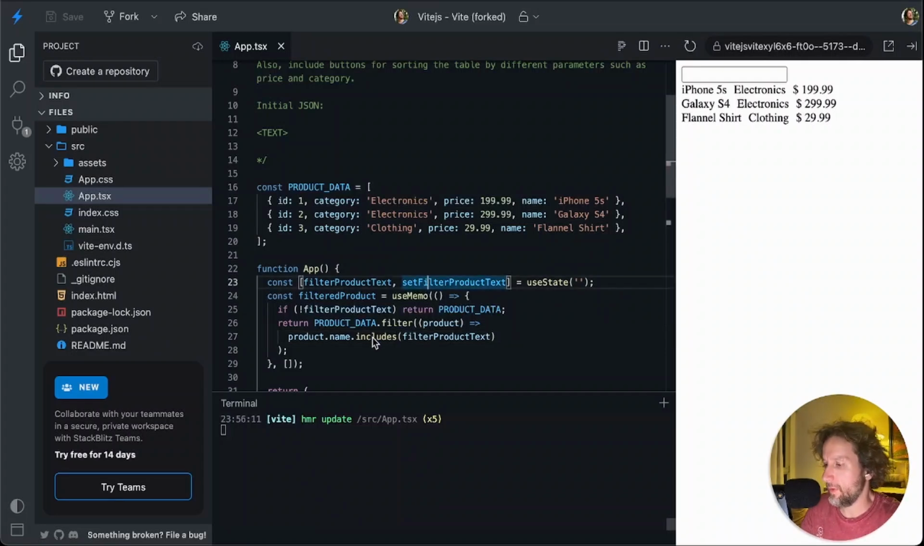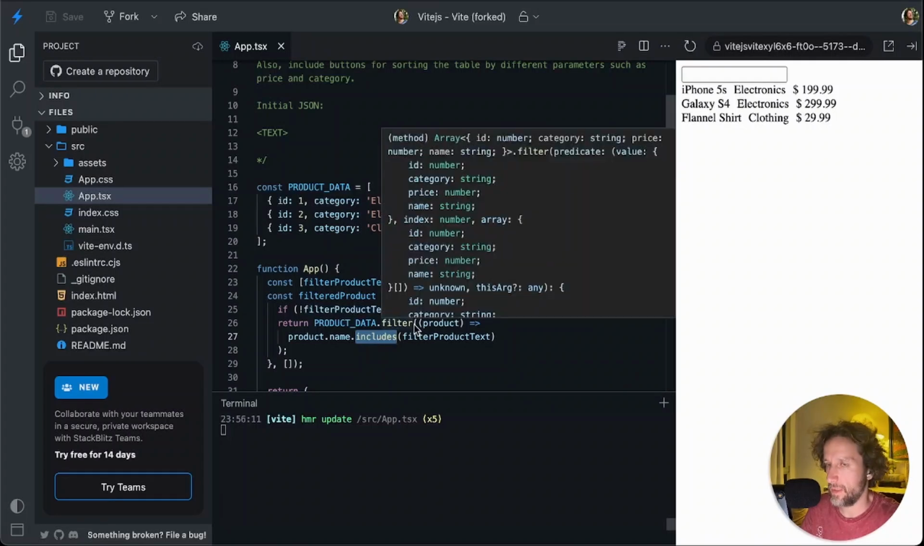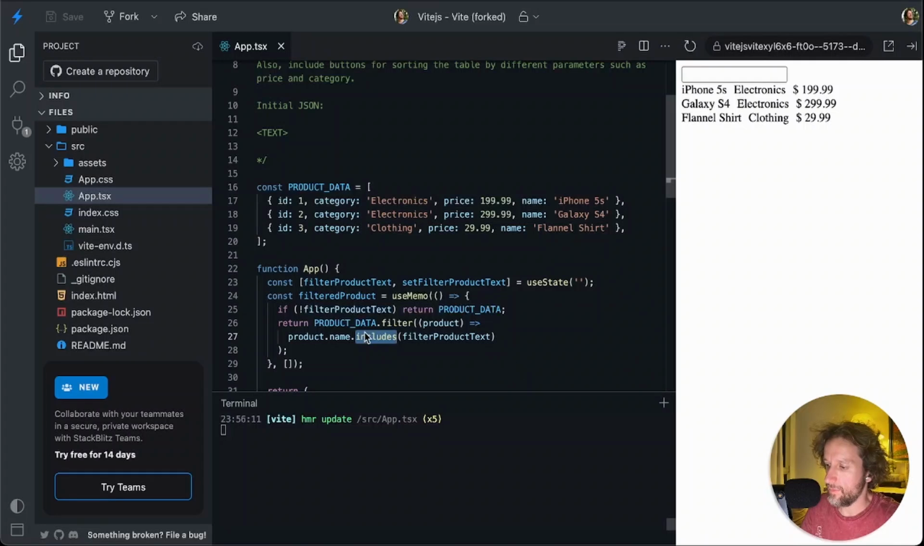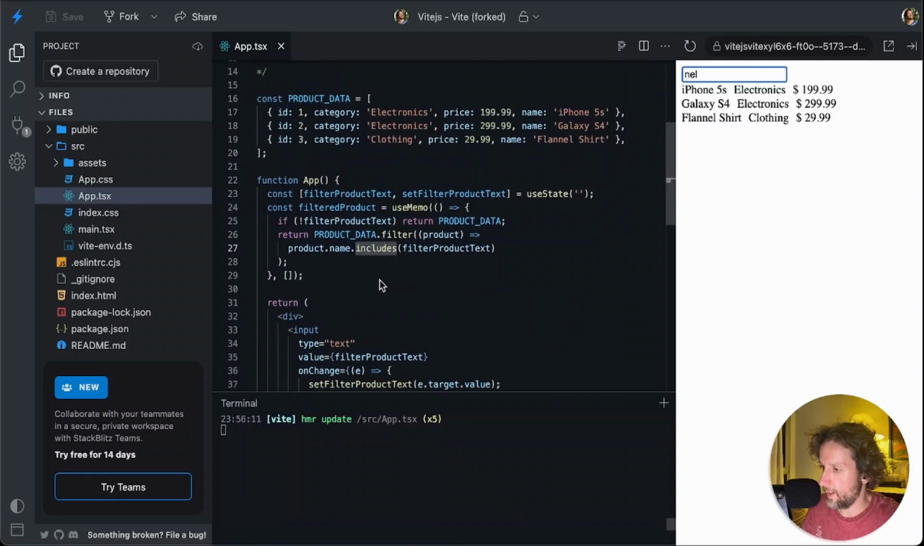Now, I wrote includes. There are a lot of methods with string, and in interviews, asking about a string method is quite common. So includes, pick up the name everywhere. So I can write shirt, or I can write flannel, or I can write null. If I'm right, when I do this, it should filter. Why doesn't it work? I would expect